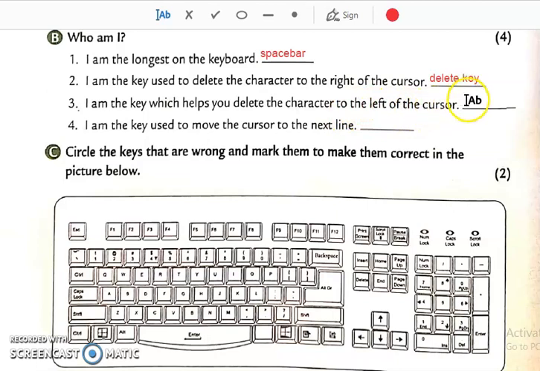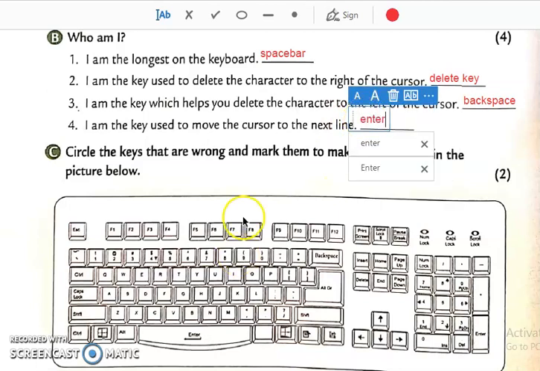If you want to delete anything to the left, we will use the backspace. Then I am the key used to move the cursor to the next line. If you want to move the cursor to the next line, we will use enter.